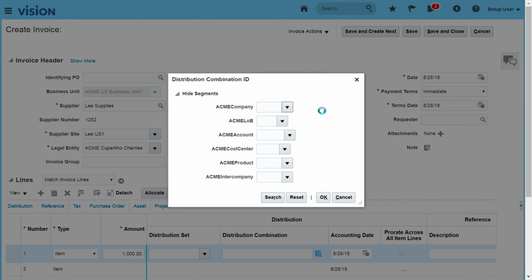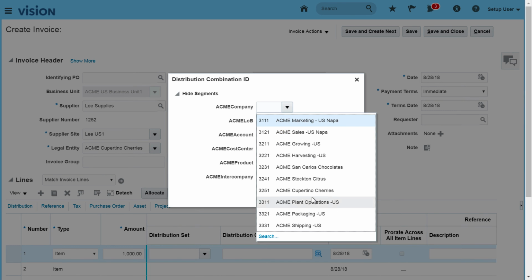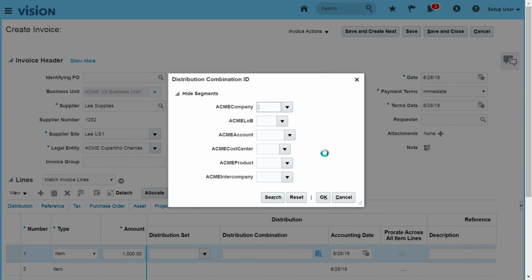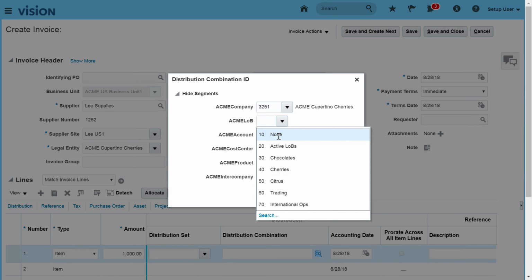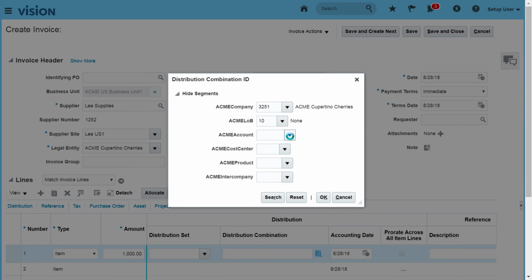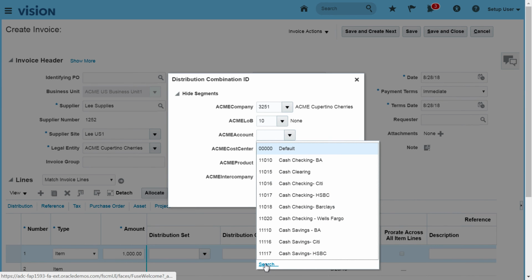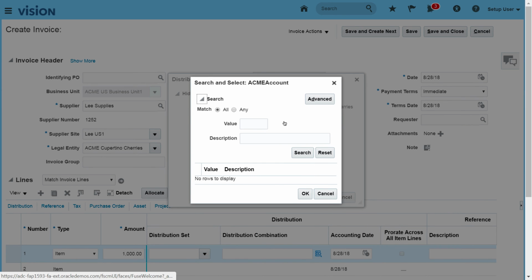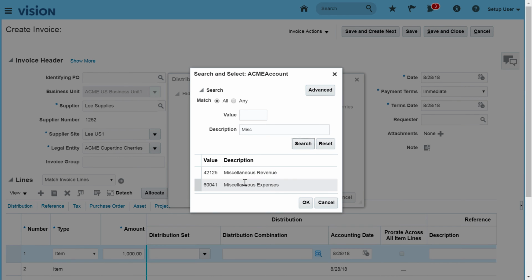So company is my 3251, line of business none, and then my account, I want this to be my miscellaneous transactions. So let me just do a search for MISC or miscellaneous expenses. So miscellaneous expenses,